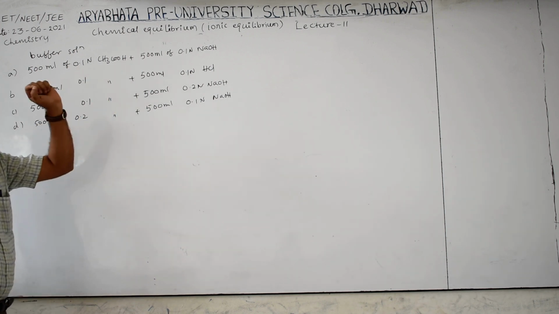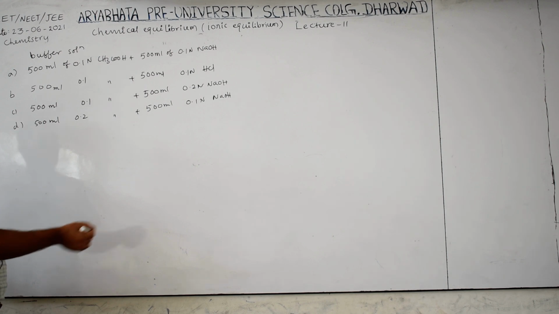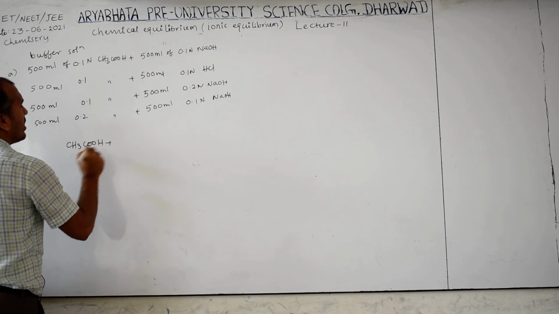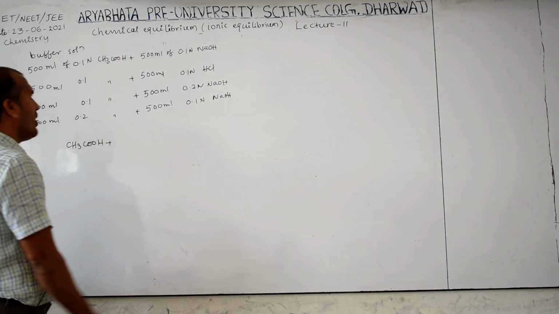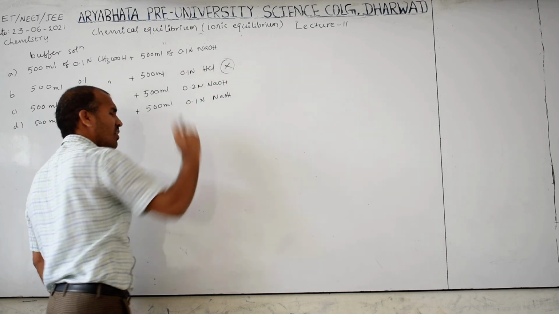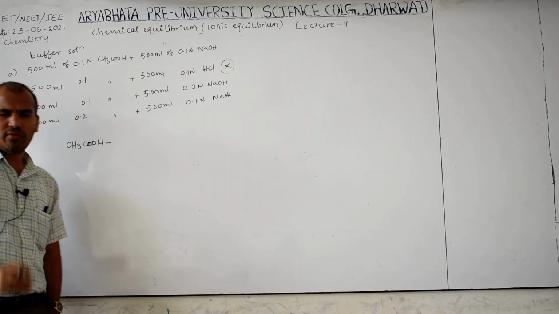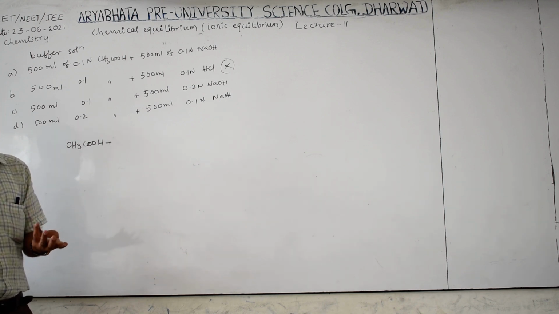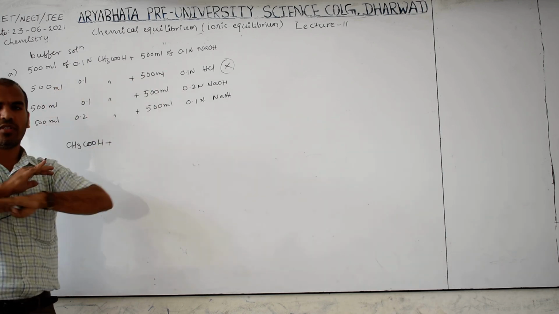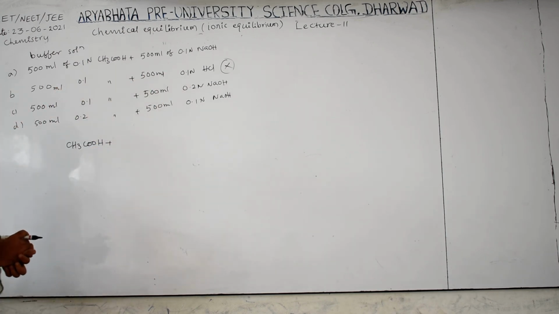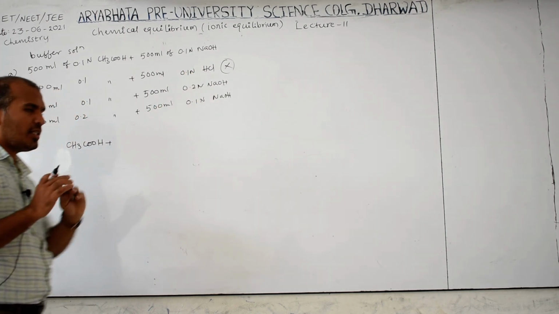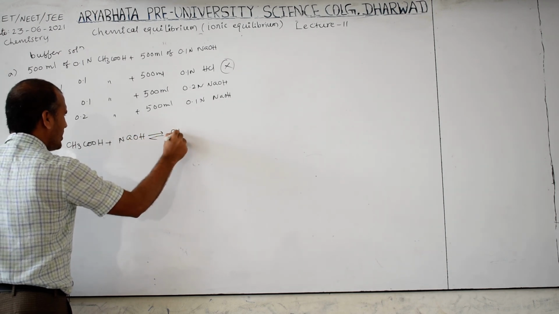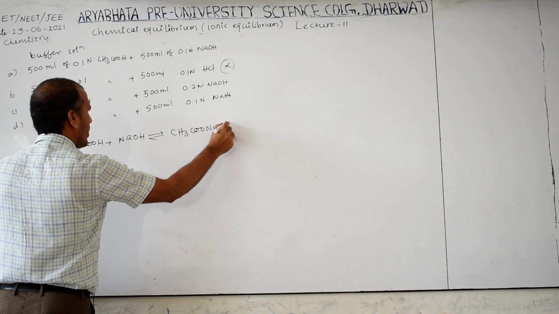Now, when an acid and base are given, always try to write the equation, that makes it easy to answer. CH3COOH plus... one thing we can easily eliminate: this is not the answer. Why? Because an acidic buffer solution means a weak acid plus its salt with a strong base. Acid reacting with acid to give a salt is not possible, therefore this is not the answer. So the elimination part is also very important. The answer may be the NaOH cases, where NaOH combines to form CH3COONa plus H2O.